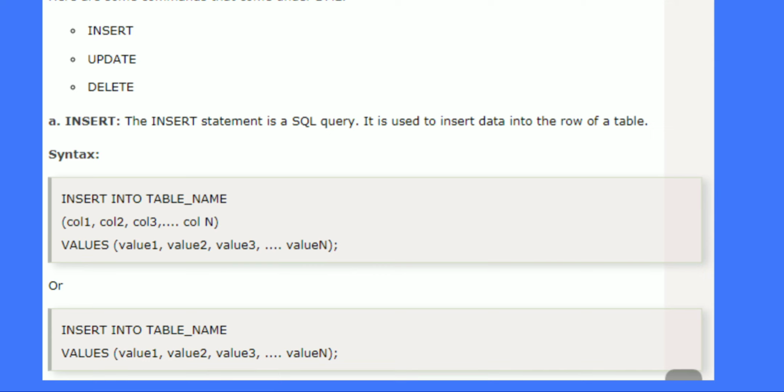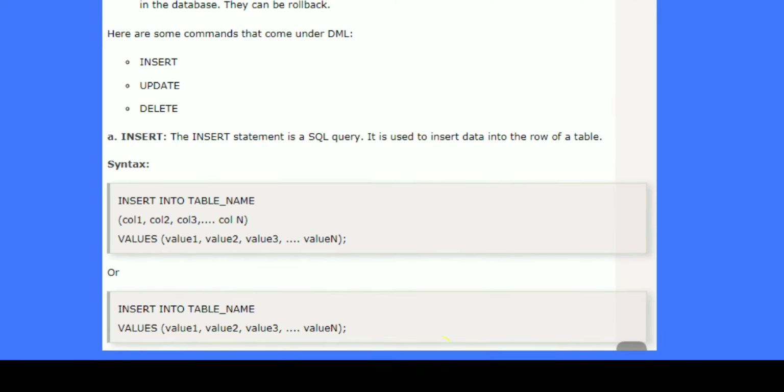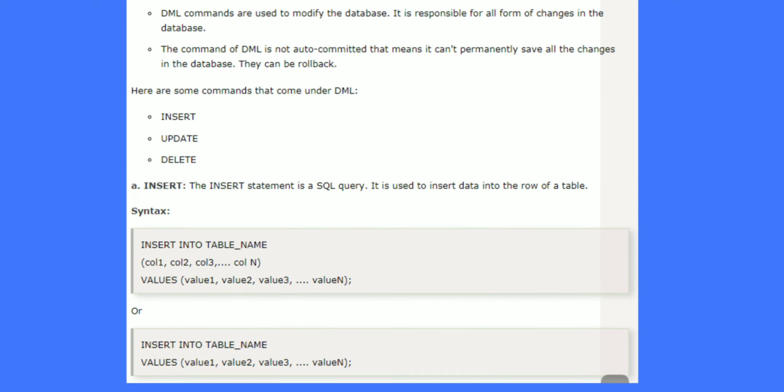Previously when you created a table, if you have only 3 columns, it is easy to remember. There we can directly use insert into table name values, bracket, value 1, value 2, up to value n. These are the two ways you can insert the values.